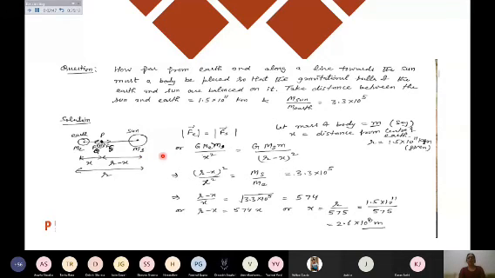And the ratio of the masses of the Sun and Earth is also given in the question, that is 3.3 into 10 raised to the power 5. So I have taken this question simply to add to your knowledge also, that when I'm moving from Earth to Sun, I may come across a point where if I put any object of mass m, then both the forces are equal. That is, balancing each other. For finding that particular position, you have to see the directions are opposite. So simply I have to equate their magnitudes.